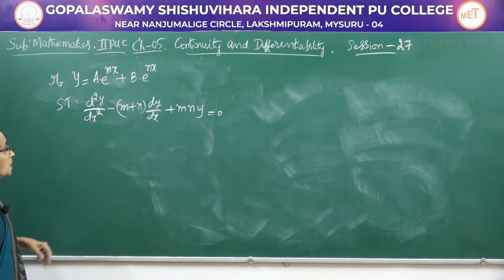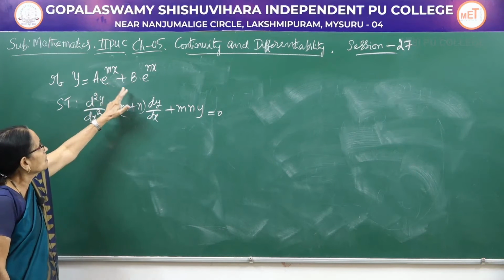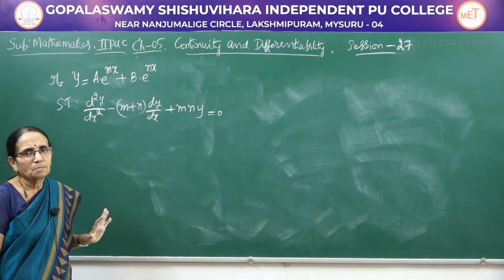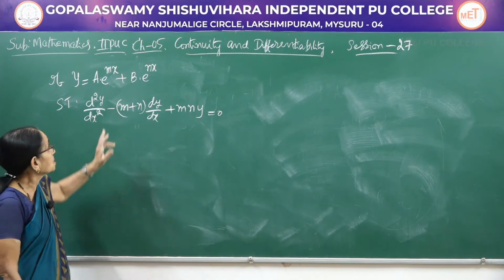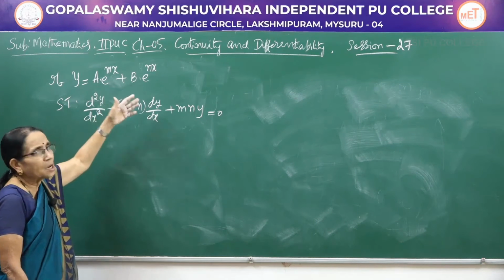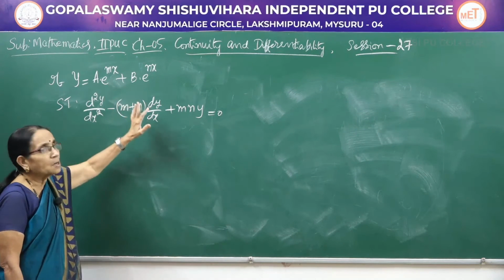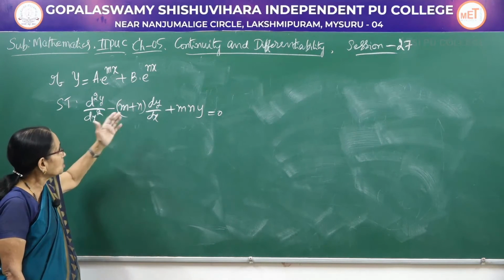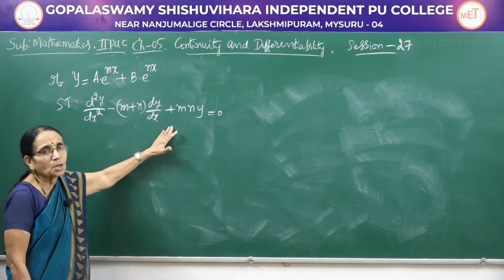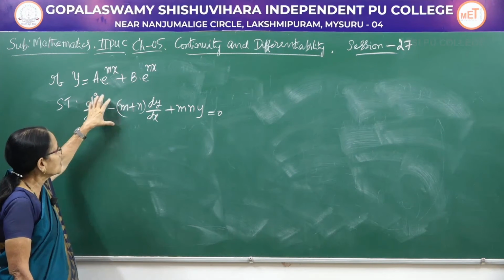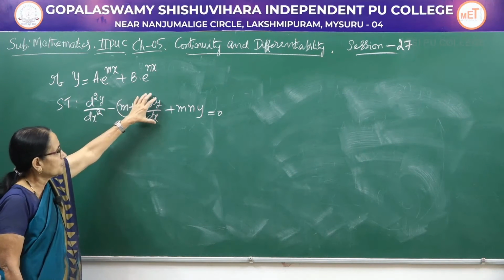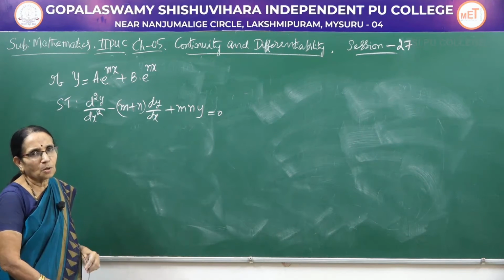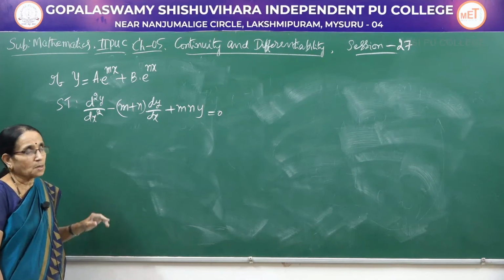Now look at this function. I have taken a and b and m and n as general constants. In the place of a and b, I may have 3 and 4, some number. For m and n also, I may have some particular value. But whatever that may be, the answer would usually be in this particular form: second derivative plus some number into first derivative plus some other number into the given function would be equal to 0. So you will be asked to prove a certain result.